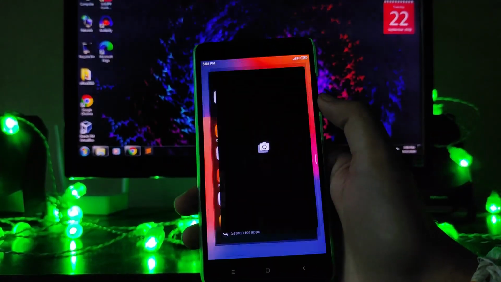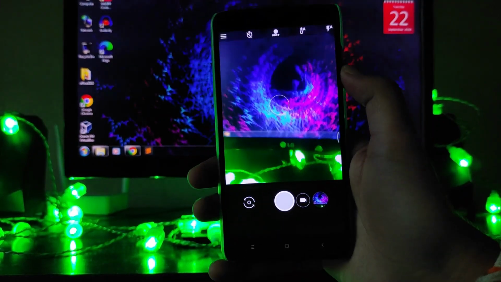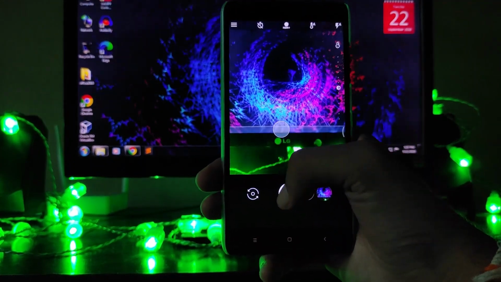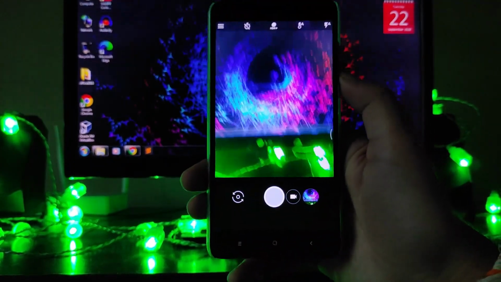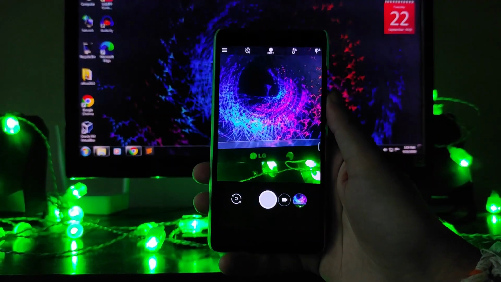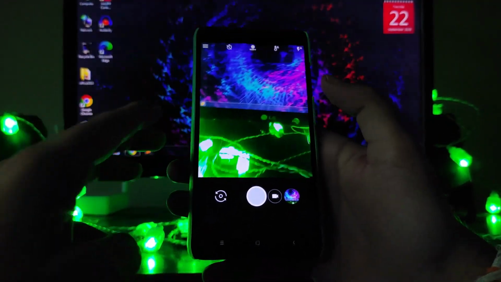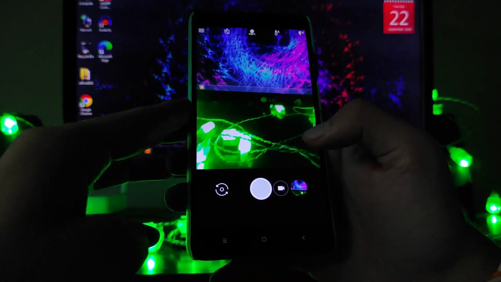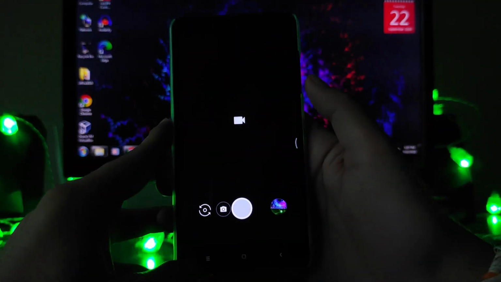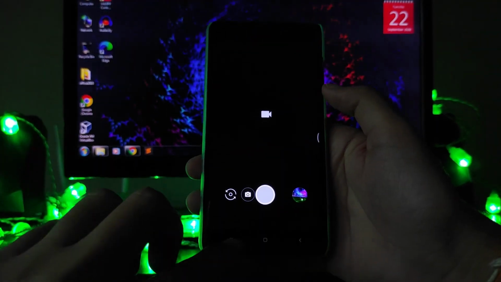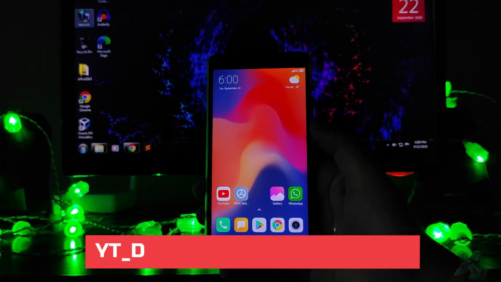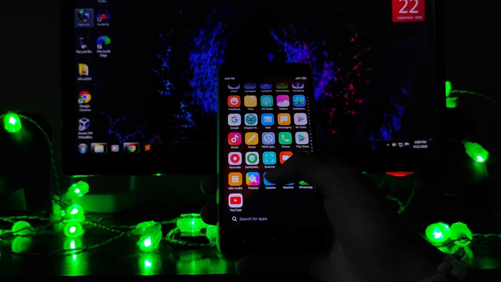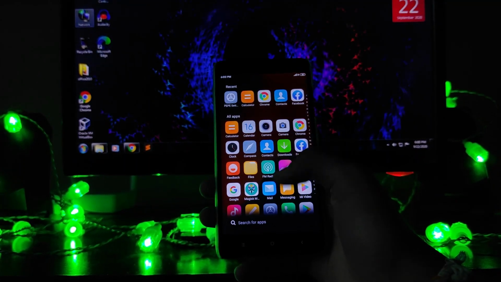Then here you get to see the Google Camera 5.1, but it is just not working. The phone will just hang as soon as you try to click a photo. Okay, it is working fine now, but at first when I tried to use it, the phone hung. It happened 3 times, and this time it is working fine. I don't know how. As you can see here, it got hung. So as I saw, the Google camera here is not working. Sometimes it works randomly, so the Google camera here is just not working.